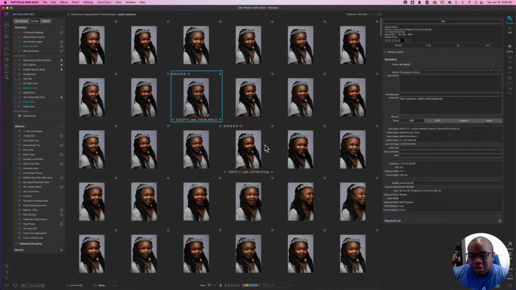But importing your images into ON1 Photo Raw. One of the best ways for me is I just use the import module. So if I click on File up here,